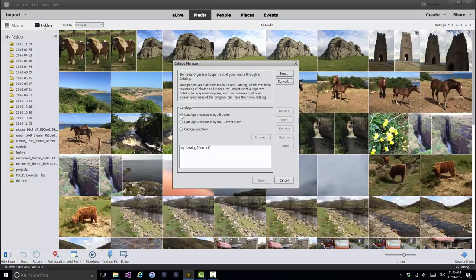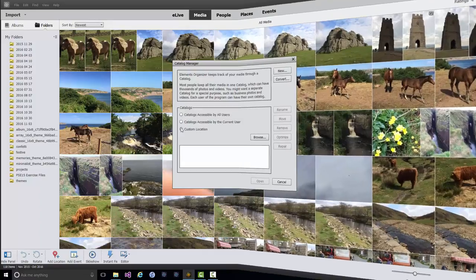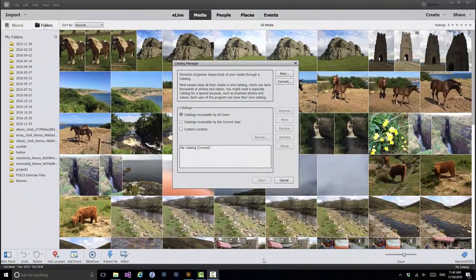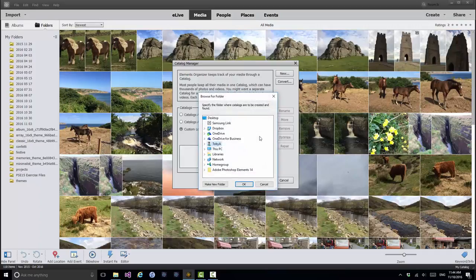Whereas if you want other people on other devices to access a location from those other devices. If you, for example, got a shared drive at home, you could choose a custom location for the catalogue. The first thing that I'm going to do is to move my catalogue, which is currently in a location accessible by all users, but I want to move it from the current C drive location onto my E drive. So first of all, let me create a custom location, select custom location, click on browse, and then